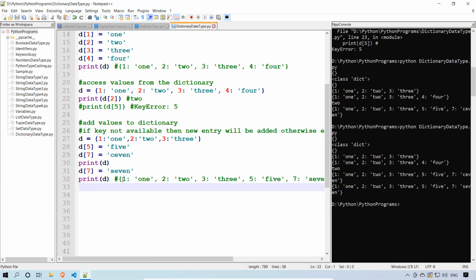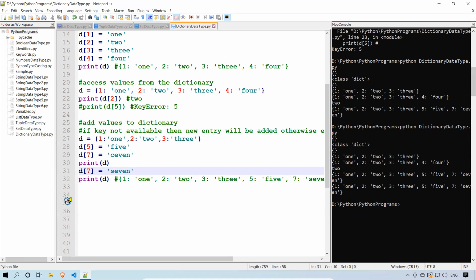Here the value for 7 is CEVN, now it is updating to SCVEN. But if you are giving 8, it will add. The reason is the 8 key is not available. Okay, that is the behavior.